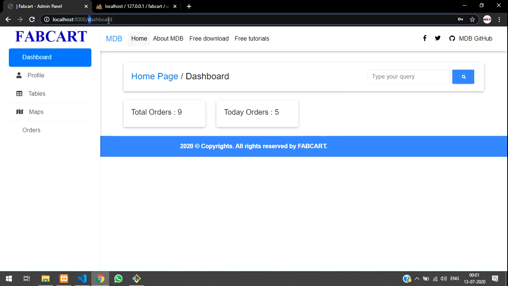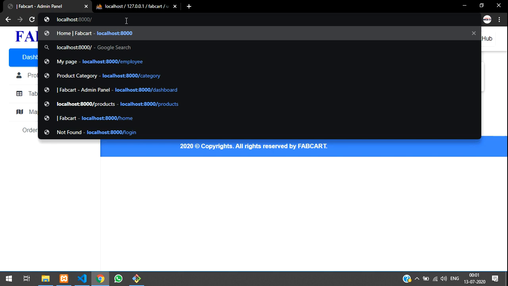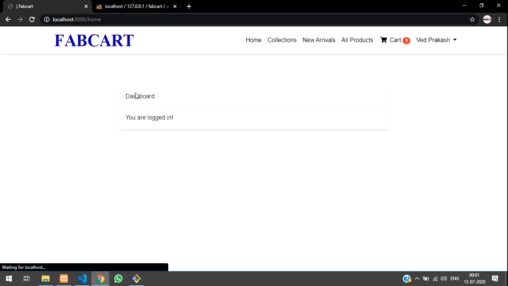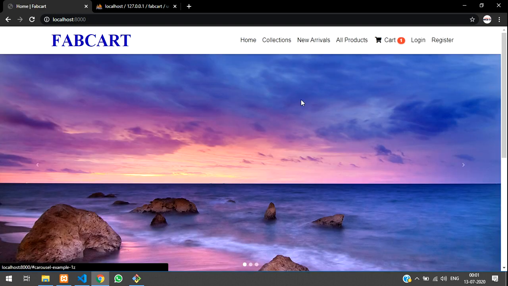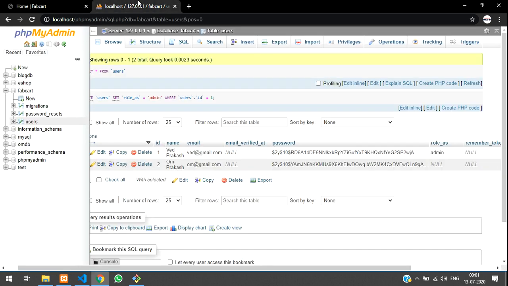Nice. But if I log in as a normal user, that is Om Prakash, without any role as admin, that should go back to home page. Okay, so let me log out. Click log out, and here guys, let me log into om@gmail.com. om@gmail role is null.